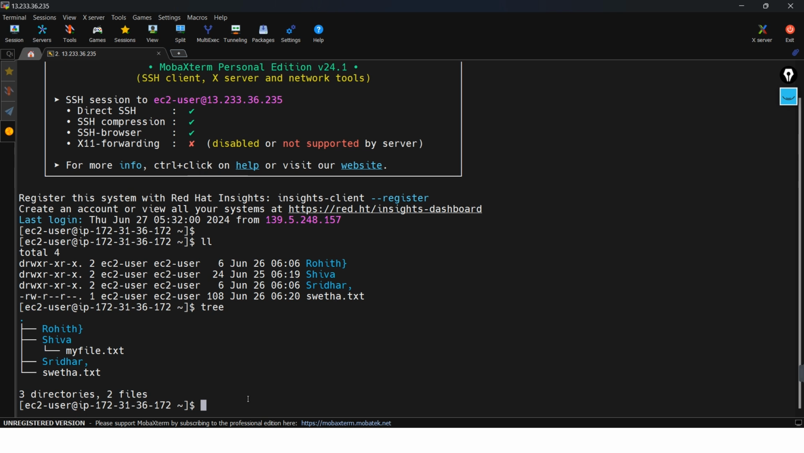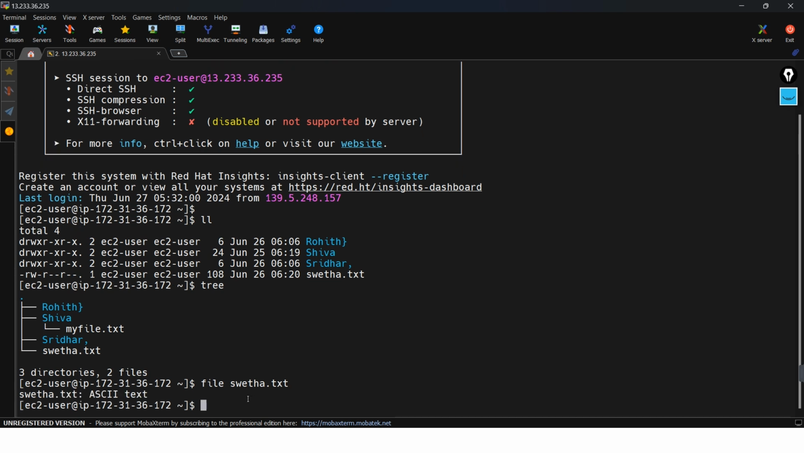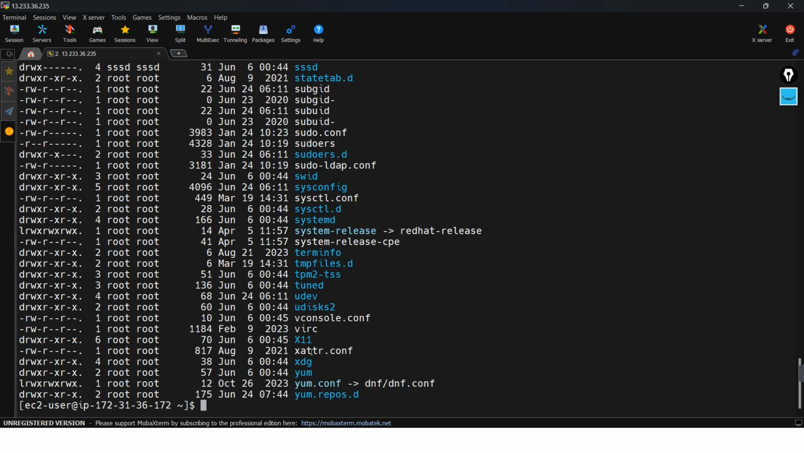Okay, so file, I'm gonna run sweta.txt. Okay, so it is saying that it is a text file. So simply, if it is a text file, it is saying text file. Okay, and let's see what else we have. ls -l, we don't have many files here, so I'm going to look in etc. Okay, so I have some